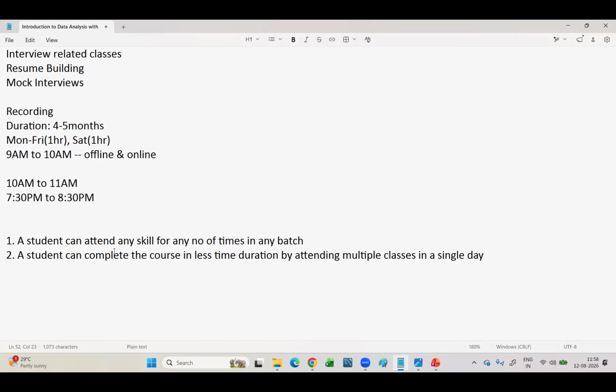If you are coming for offline classes, you can sit in the lab. We have it in the lab, so you can practice from morning to evening, not only in the class time. Morning 8 o'clock you come, until evening 7 o'clock you can stay. You can practice here only, and then you can go to your room.